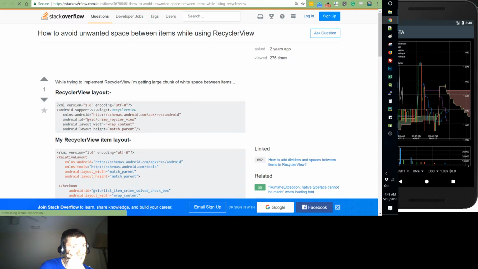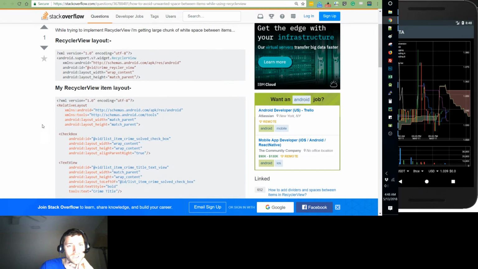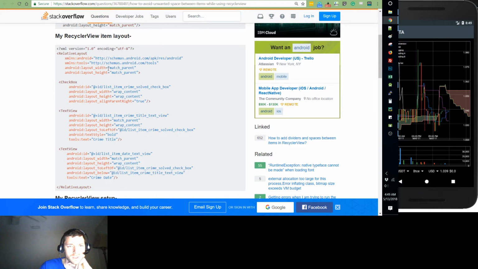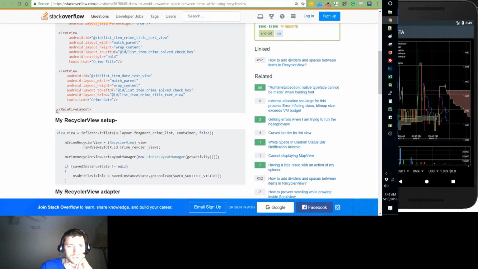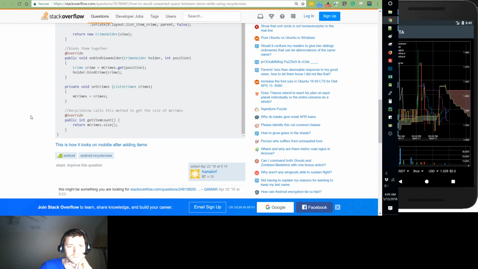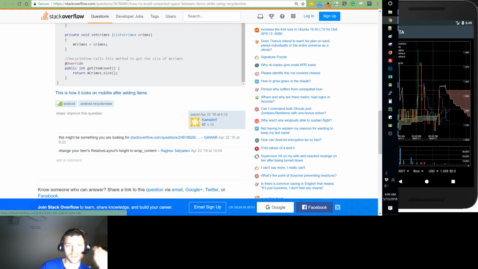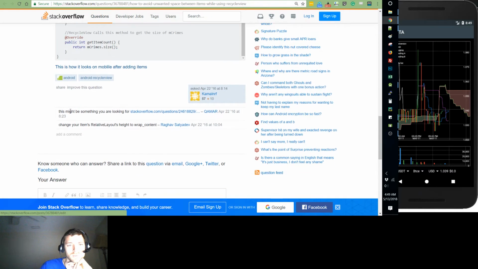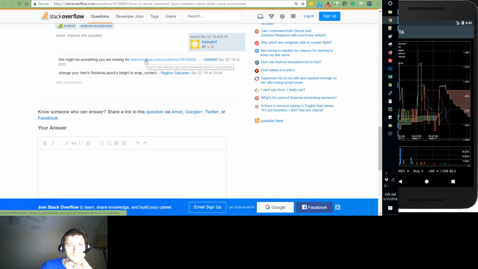Wanted to space between items. Layout, wrap content. Item layout. Match parent, Adapter. That's how it looks. I'm not sure if that was the greatest image to say. So